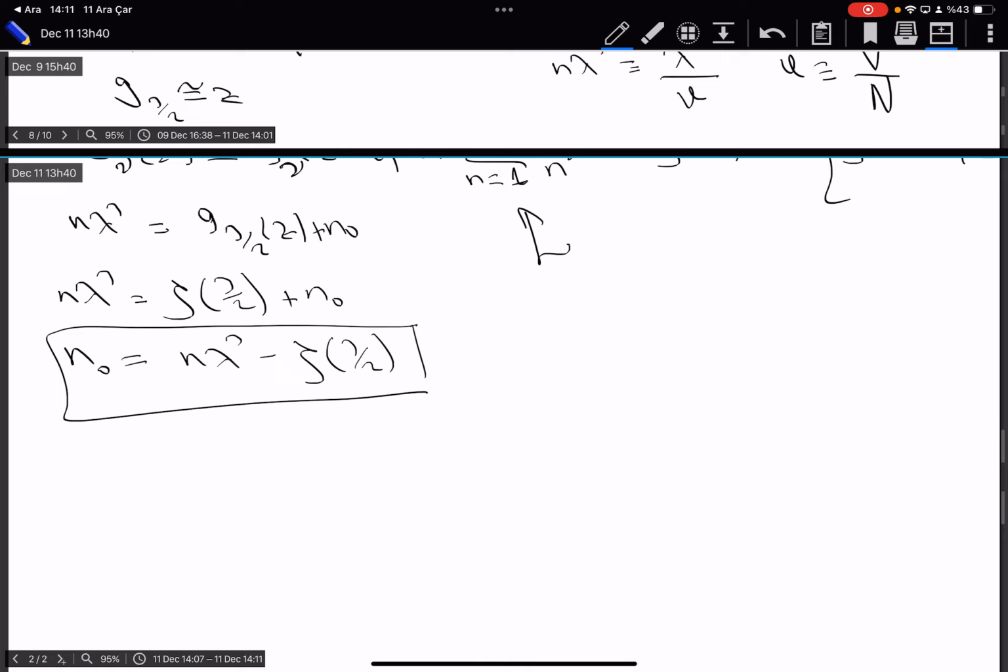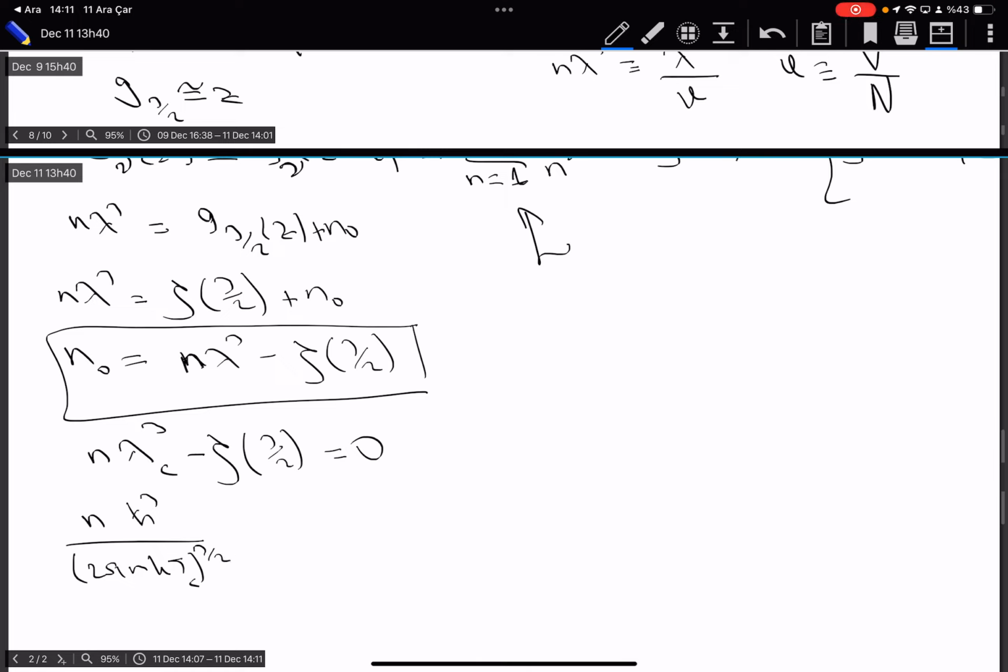You see, this tells me that as I lower and lower the temperature, lambda becomes larger and larger. So the first term becomes larger and larger. So N0 is a positive number. Well, the critical value is where this is equal to 0. So N h bar cubed divided by 2 pi m k T raised to the power 3/2. This is the critical temperature, equal to zeta 3/2,